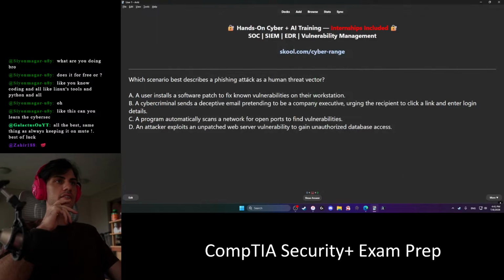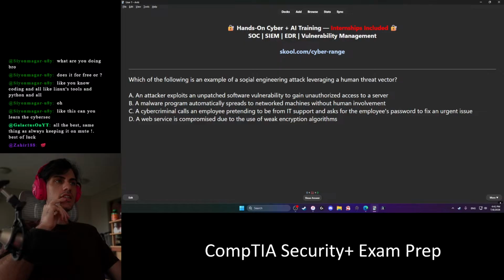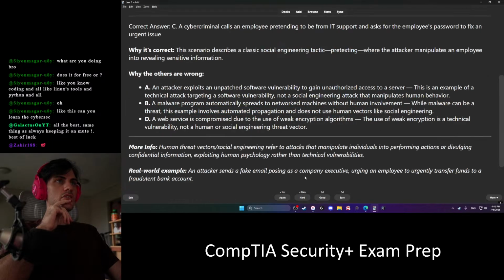32 cards. Which scenario best describes a phishing attack with a human threat vector? Some deceptive email. B. The following is an example of a social engineering attack leveraging a human threat vector. A cybercriminal calls an employee pretending to be from IT.